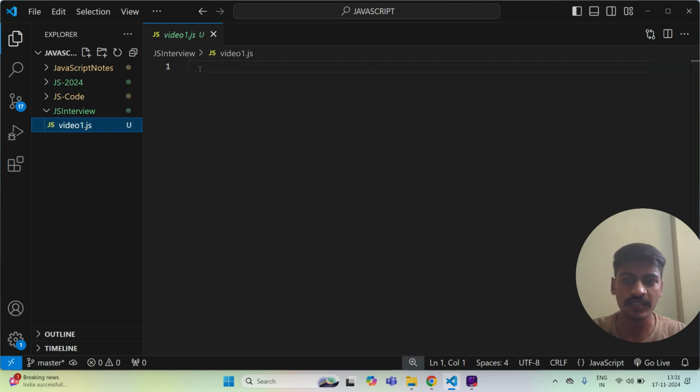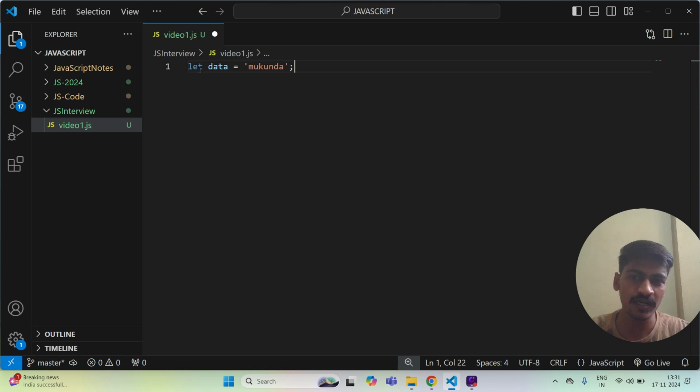So let's see. The common question is: reverse a string without using built-in functions. Basically, with a string we have methods, and by using them we can reverse a string, but interviewers generally ask you not to use built-in methods. Without them you can also reverse a string, so we have to do that. Here I took a string, simply my name, and we have to reverse it without built-ins.